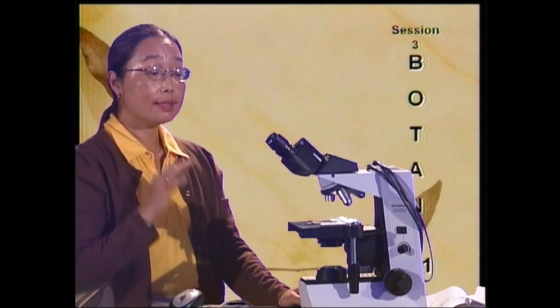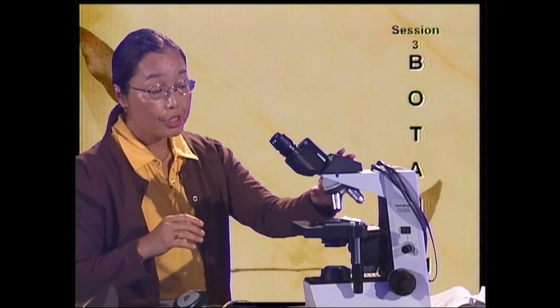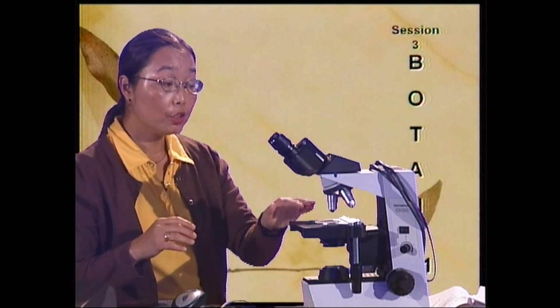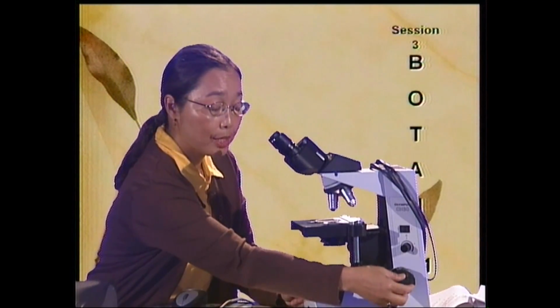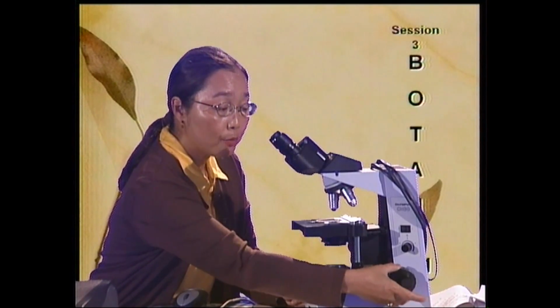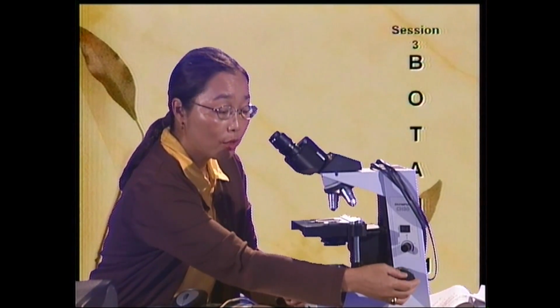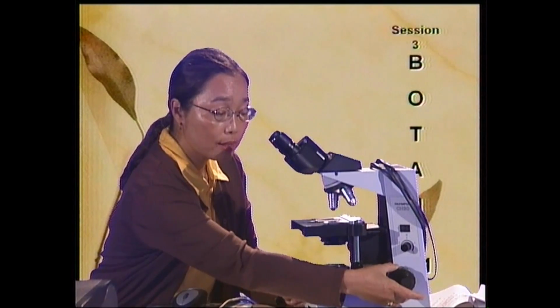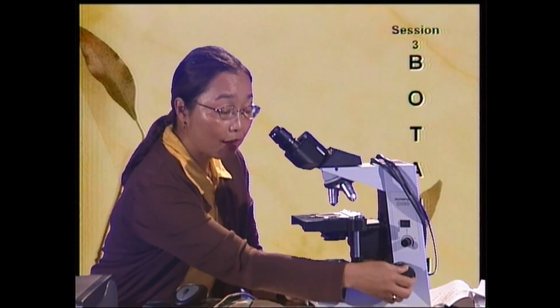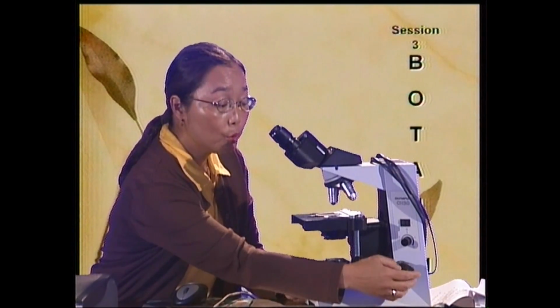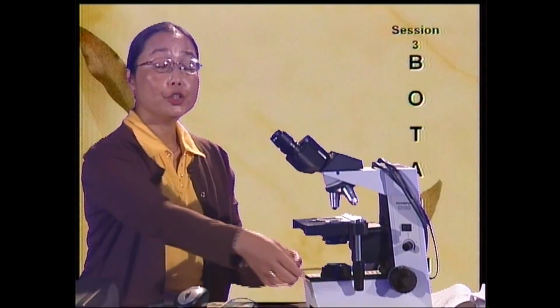After you have it focused at scanning power, you will then change it to low power. The one with the yellow line on it, right? And then you'll use a small knob here. So we have the large knurled knob for scanning power. We have the smaller, coarse focus adjustment knob for scanning power, and fine focus knob, because what this fine focus will do, it'll only move the stage very slowly, so you don't have the possibility of sending the stage crashing